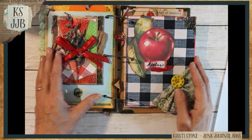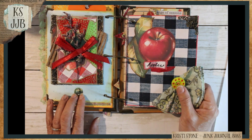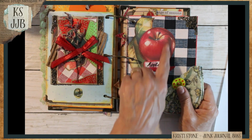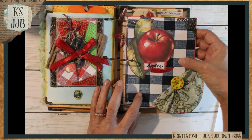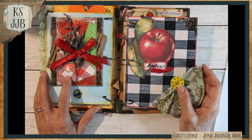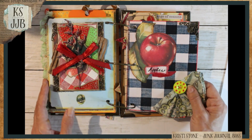That's all right. So this is just kind of an Apple Harvest thing. I used this apple from this apple, and this paper, and this paper too, are actually part of this month's Patreon